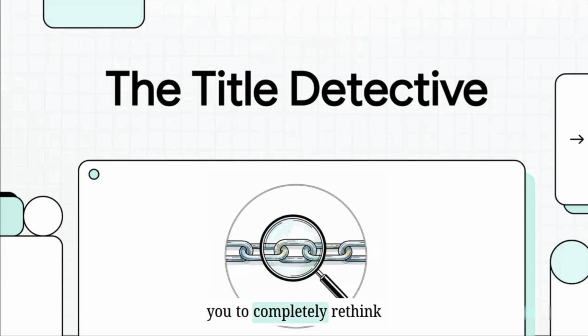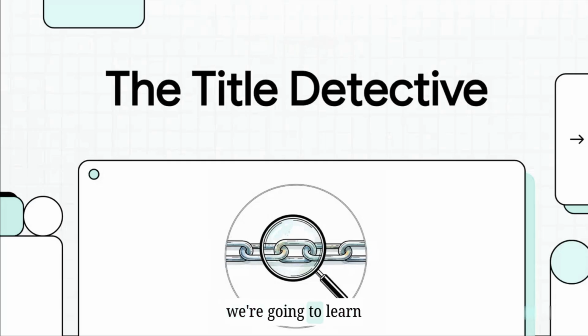Today, I want you to completely rethink how you view property ownership. Most people just assume that a single stamped piece of paper, like a deed, is absolute, undeniable proof that you own a property. But guess what? It's really not. Property ownership isn't proven by just one document sitting in a drawer. It's actually proven by an investigative story, an unbroken historical sequence that we are going to decode today.